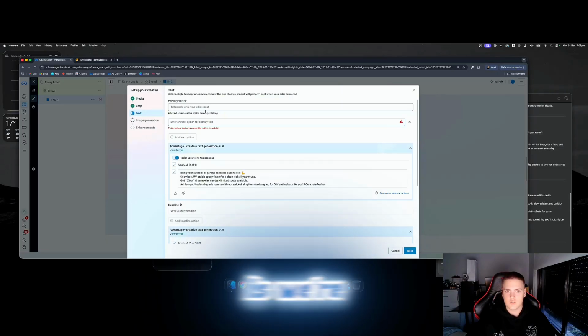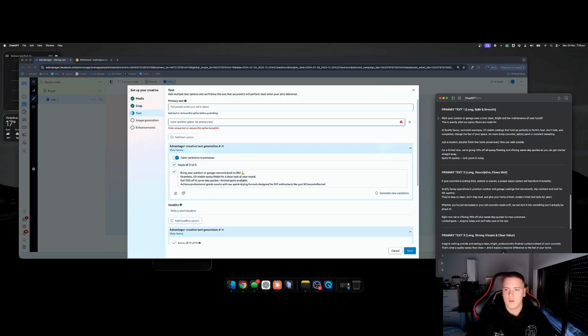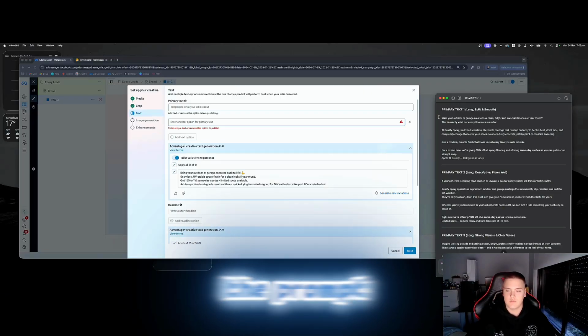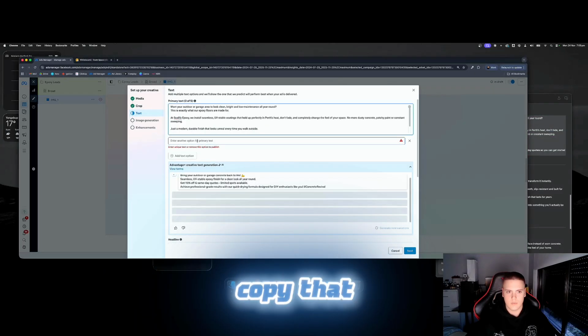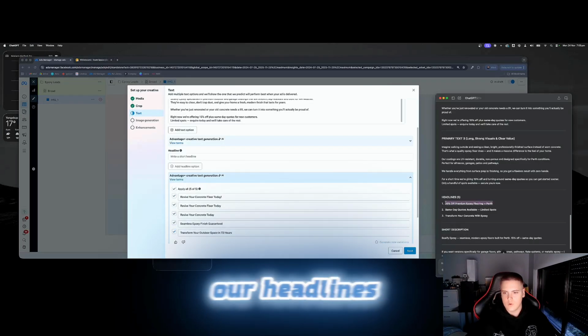But the good thing is we're not going to write this ourselves. So we'll go into ChatGPT and we'll give it a prompt. I'll put the prompt in the description below. You just have to upload your image, give it the prompt, and this will actually generate the descriptions for us. So we'll copy that, we'll paste it in. We'll do our headlines